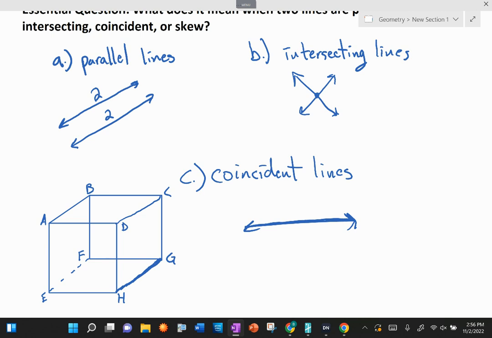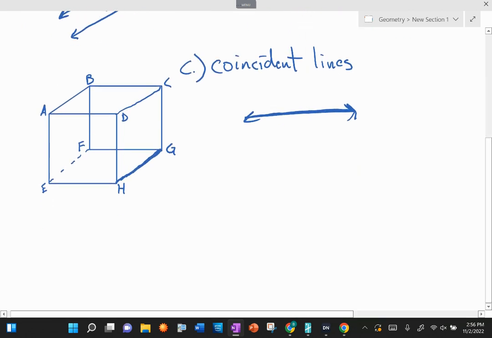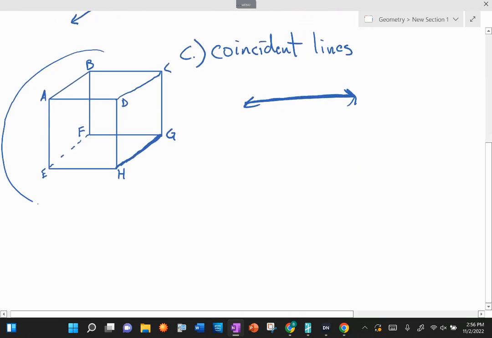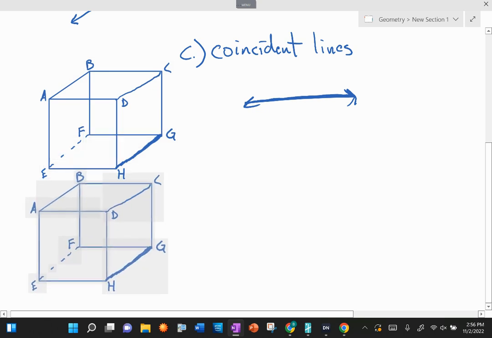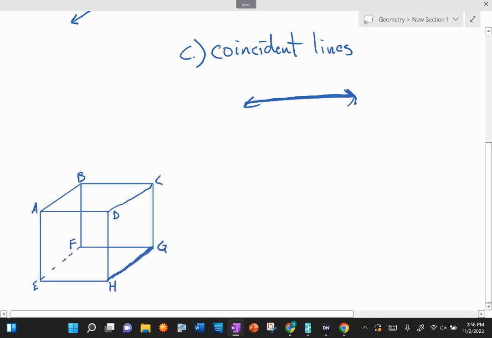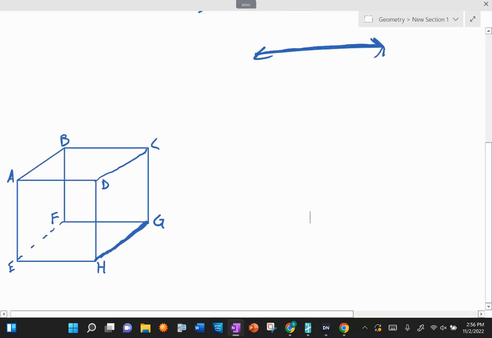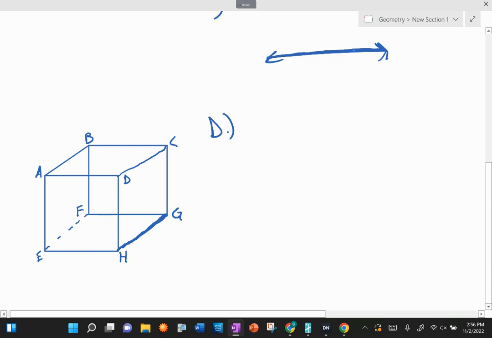Okay, so let's talk about skew. Skew lines. I'm actually going to move this down just a little bit. Not working very hard for that candy. Okay, so letter D. We're going to talk about skew. Skew lines